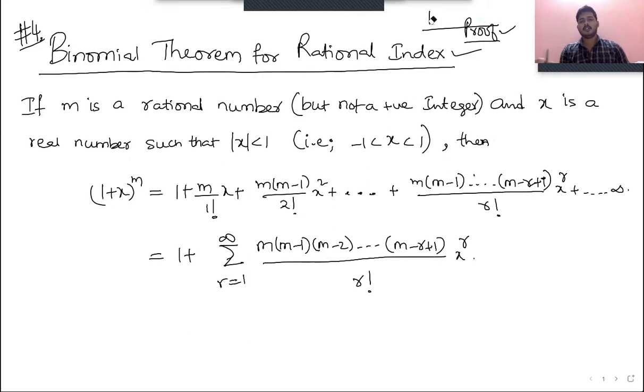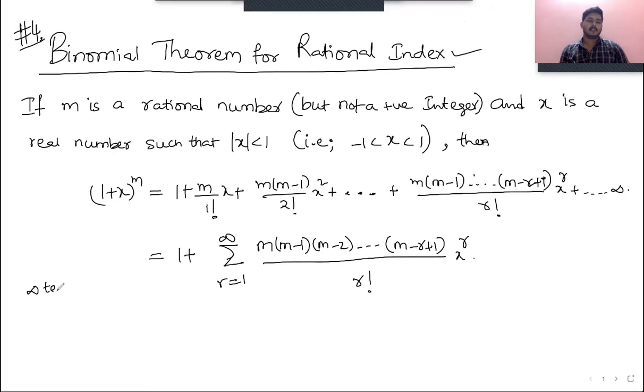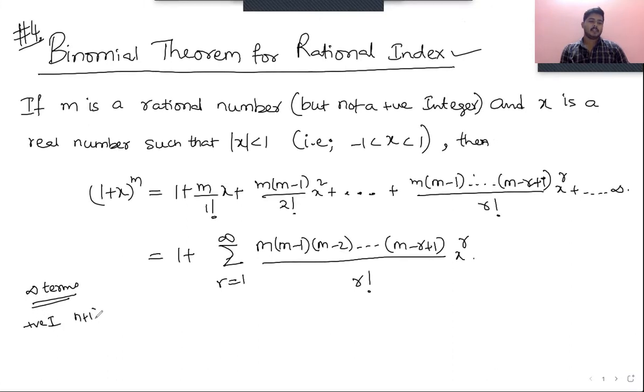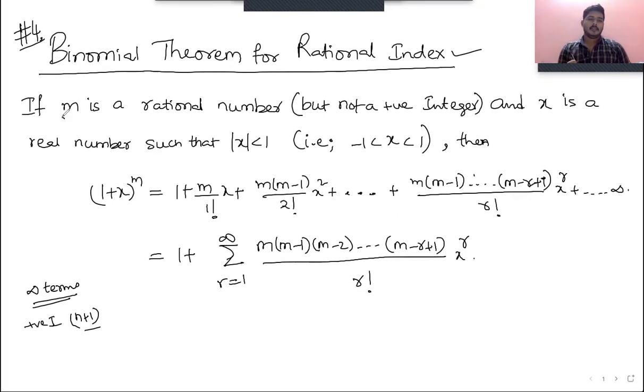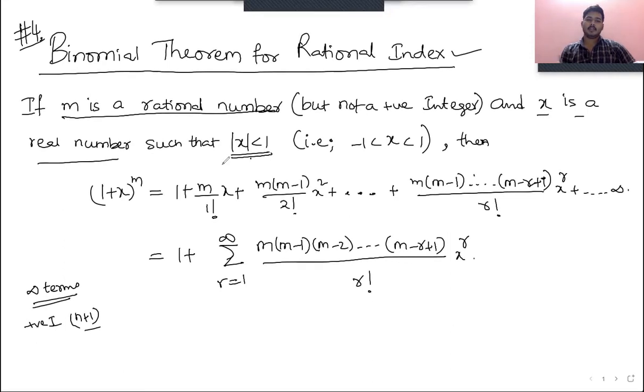So in this video, the first thing is binomial theorem for rational index. As we discussed already in the previous one, for the binomial theorem with the rational index, there will be infinite terms, right? Only for the positive integral index, there will be n plus 1 terms. So as we know, these are infinite terms, and if m is a rational number and x is a real number such that the modulus of x is less than 1. We already discussed the reason behind this in the previous lecture. So mod x less than 1, then only this expansion will be possible, otherwise it will not be possible, right?